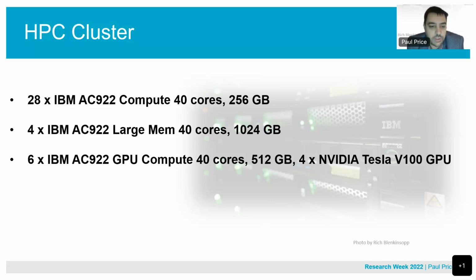The original hardware, 256 would have been one of 4 computers that had what we call the large memory, and standard memory I think was 64. So the memory increase alone on the standard is very significant. And as you can see, we have 4 new large memory nodes, each of them with 1024 gigabytes. That's 4 times bigger memory on the large nodes, and we do get a fair amount of requests for memory when doing large HPC jobs.